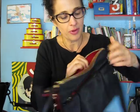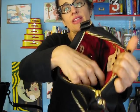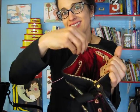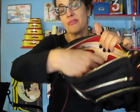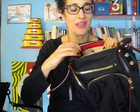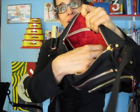Because you unzip the main pocket. Somebody taught me, and this is on YouTube, thank you, somebody made a comment, there's a little slit right here, and I think that's for the ladies that designed this. They were two ladies, and they lived in New York, and I believe this was for their Metro Pass, so they have quick access to that and always have it available. So that little pocket could be for your Metro Pass, or for a train, or if you need your license there or something. Then there's the standard zip pocket, which is pretty generous,